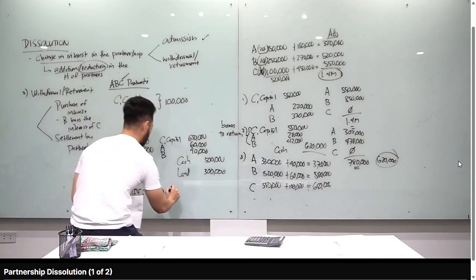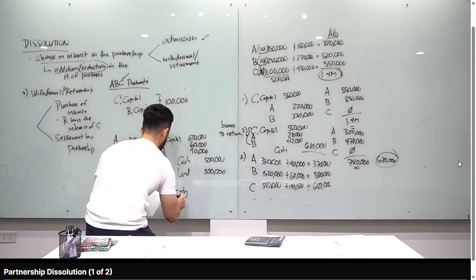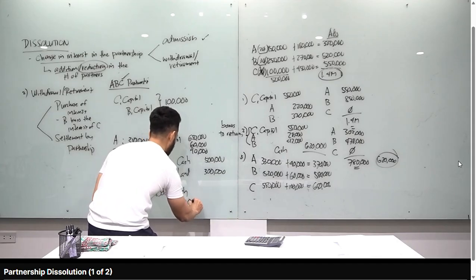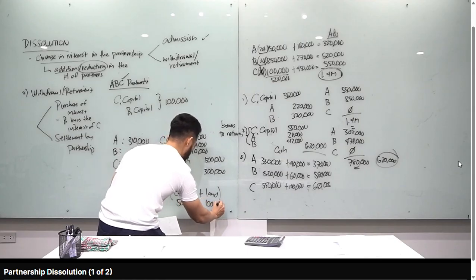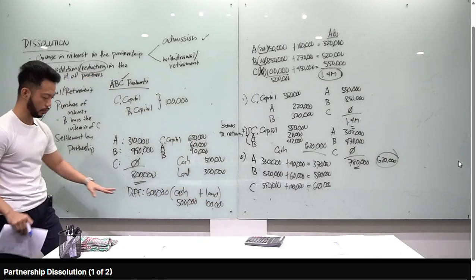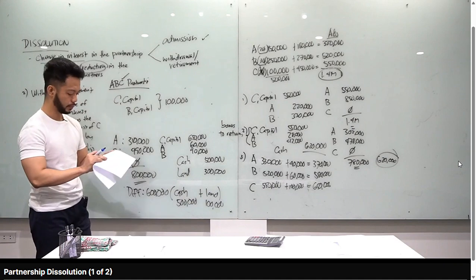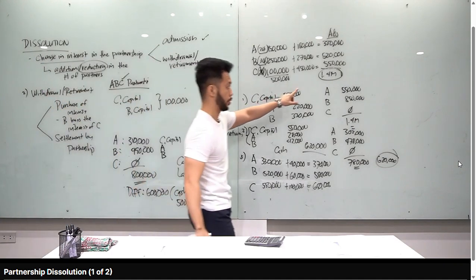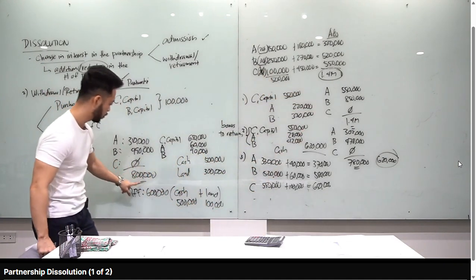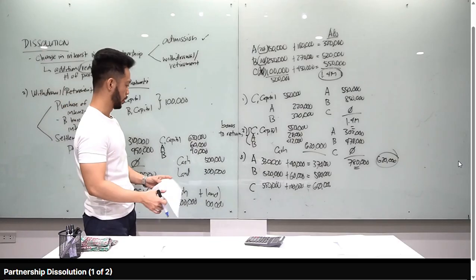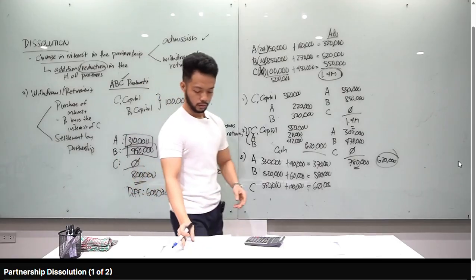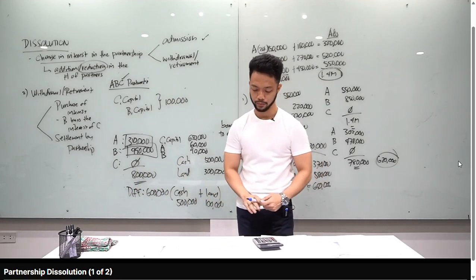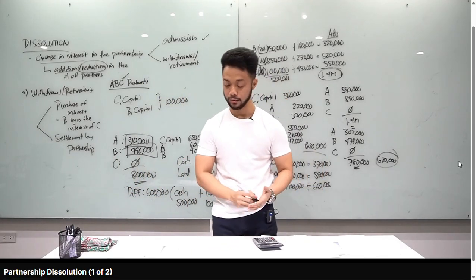Iyan yung cash na binayad na 1 million. Na 1 million ba yung cash? Oh, sorry. 500,000 plus the book value of the land. Book value na 100,000. So yung cash na binayad mo and the book value, okay, 100,000, that's 600,000, iyan yung decrease in your capital. 1.4 minus 600, that's 800,000. Okay? So, ayan. Ito yung sagot natin dyan. 310 and 490,000. Alright. So, that's how you do problem number 13. Easy. Okay. O, sige. Let's have a short break muna.